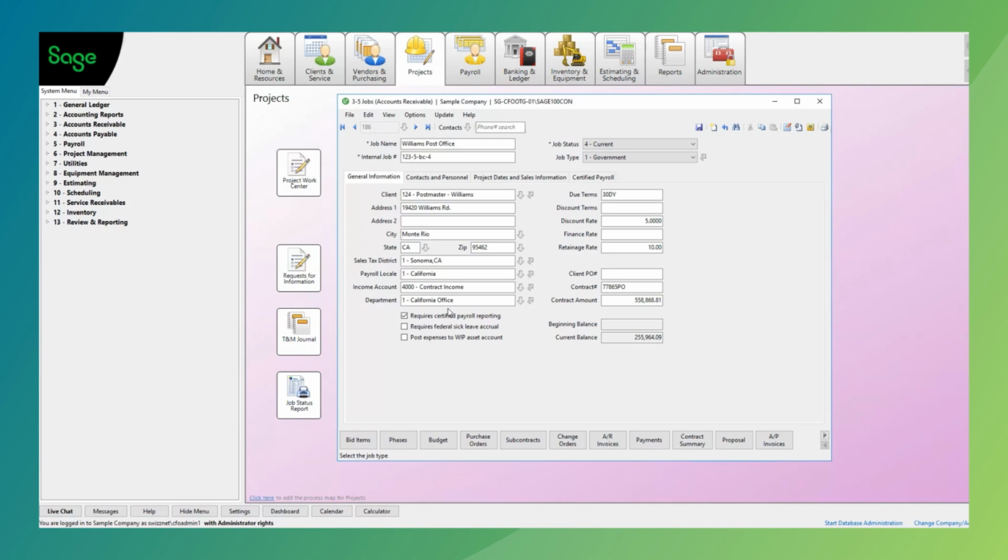Checking this box will then allow the system, when payroll is done, to say, yes, this is a certified project. Do we have any prevailing wages that we need to account for in this project? Yes, we can actually put in the prevailing wage. And as well as if we're tracking required federal and sick time, and if we need to post expenses or WIP